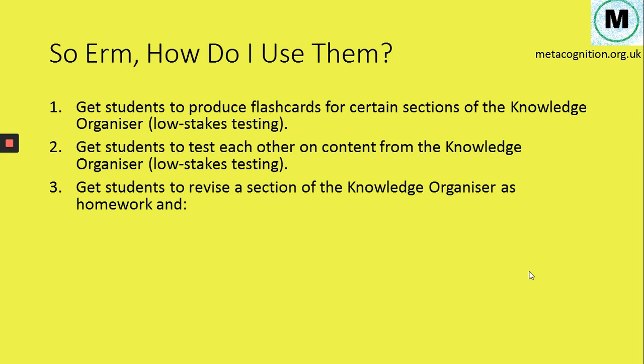You can get students to revise a section of the Knowledge Organiser as homework. So you can send students home and say, I need you to learn all of the keywords in section 1. I need you to learn all of the key dates from section 3. It's a very easy way to set homework. Instead of printing off a sheet, finding an online resource, whatever it might be, if you know that all students have got Knowledge Organisers, if you know they're available online in case students have misplaced them, it's very easy just to say,